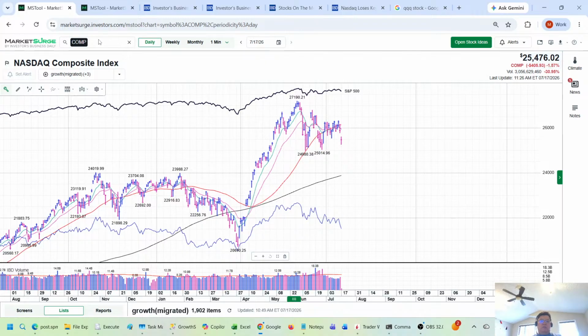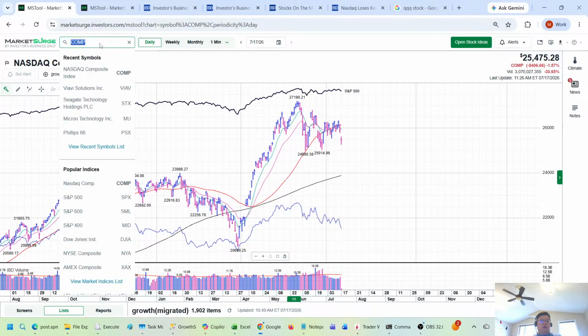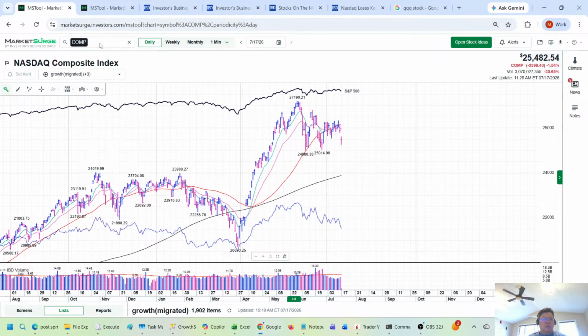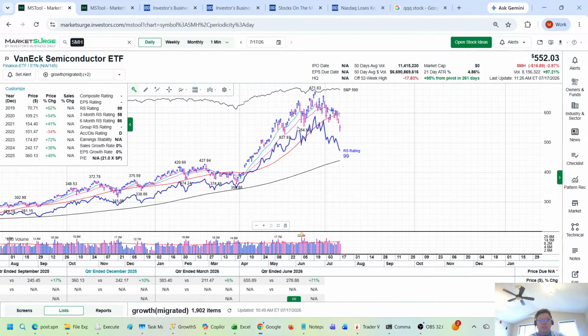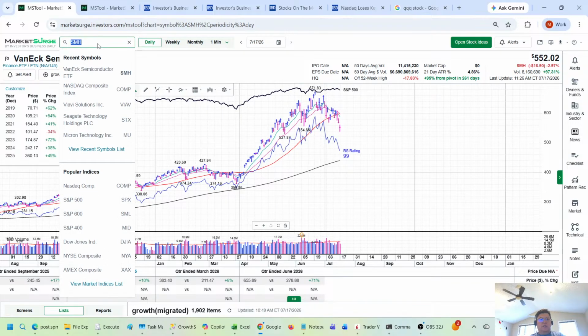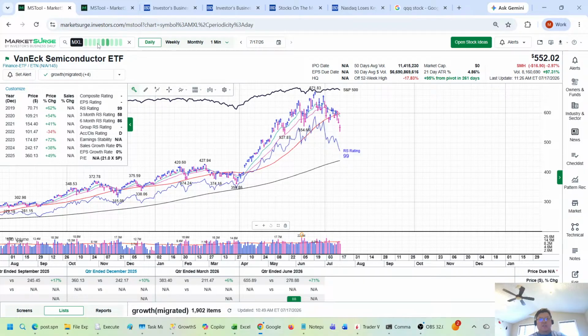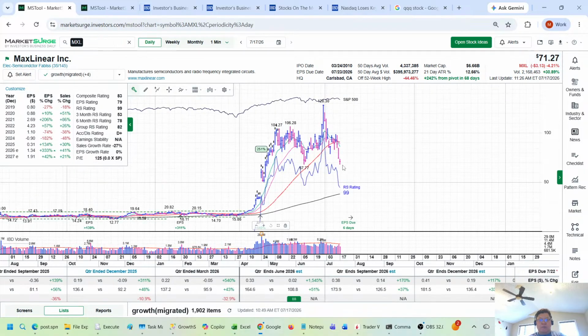Maybe Korea, because a lot of the stocks being sold off are in the chip, AI and memory area. So we can take a quick look at that, SMH here. You can see the chips are making new lows right now. It's down 17% for this semiconductor ETF. You know, it doesn't sound like a lot, but it's a lot for many chip stocks, right? Like for example, one of the leaders here, MXL, let's see how far. It's down 44% now, right? And we're not even that far off the top. It sounds like a lot, but it hasn't been that much. We still could lose more.